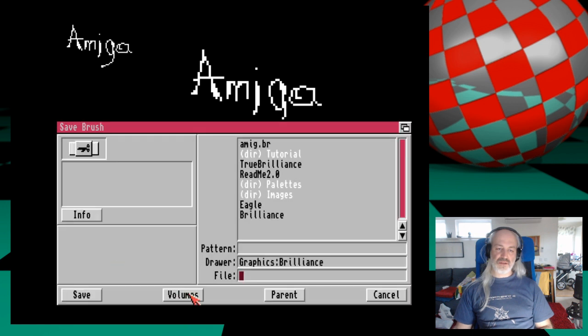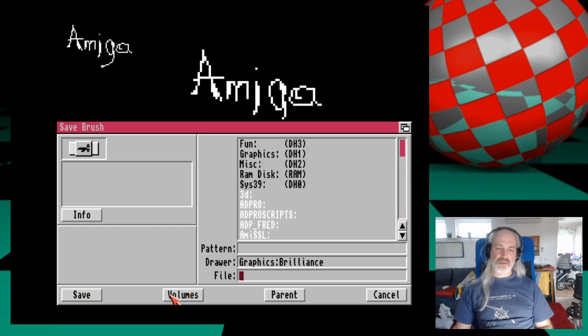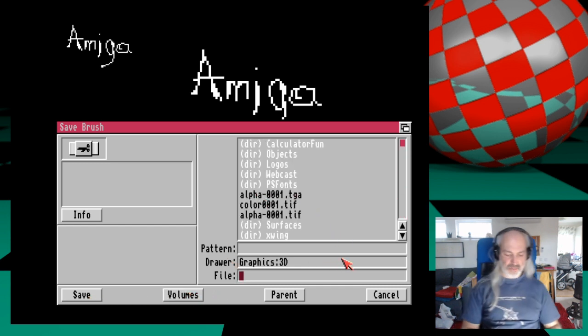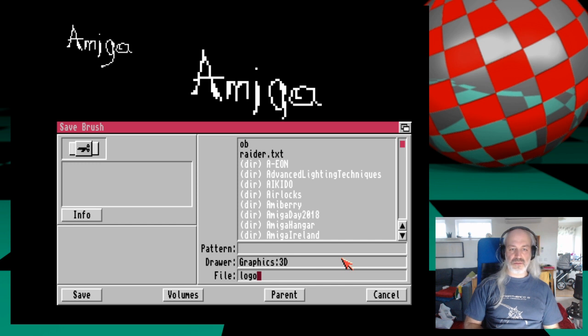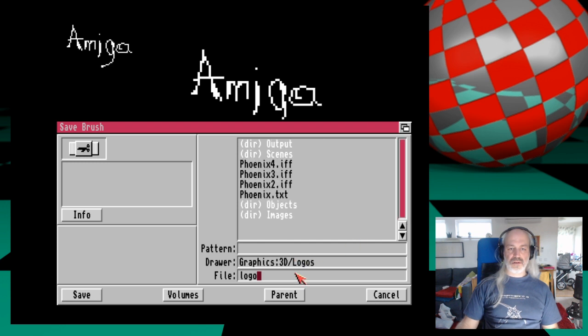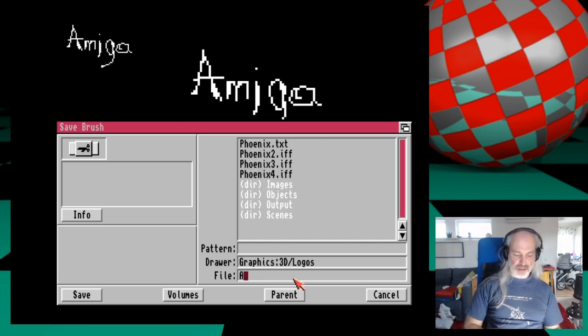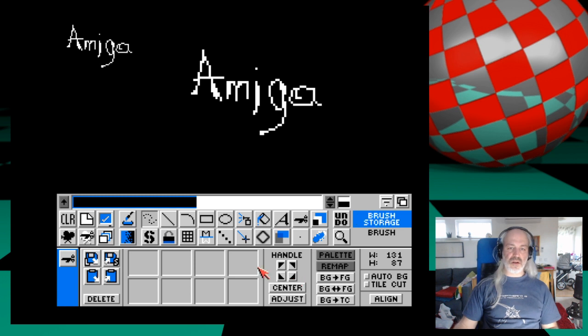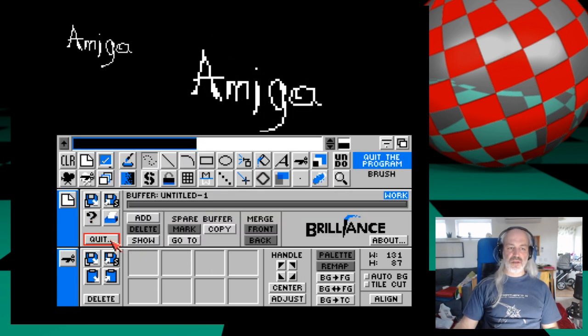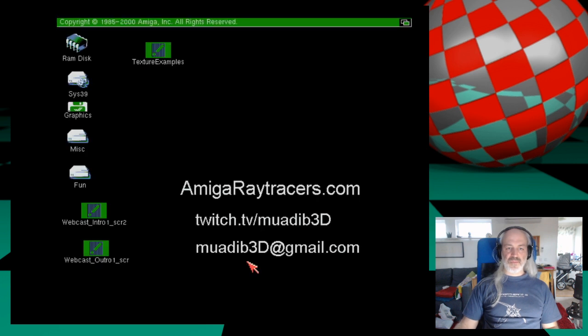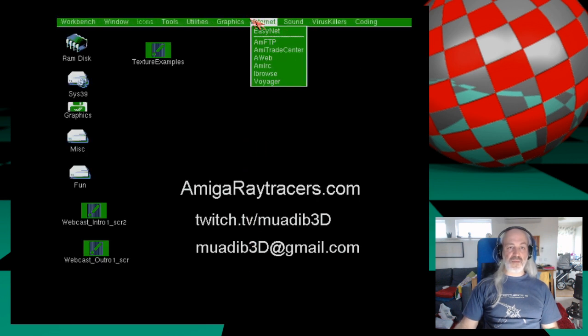Save my brush. Logo. Amiga pixel art. Okay, so I just saved this little brush as an IFF file. So now I'm going back to Lightwave, layout, modeler,